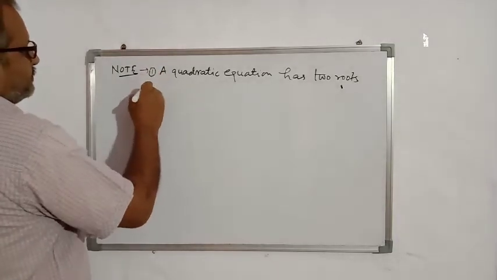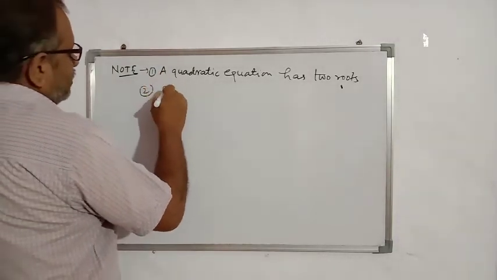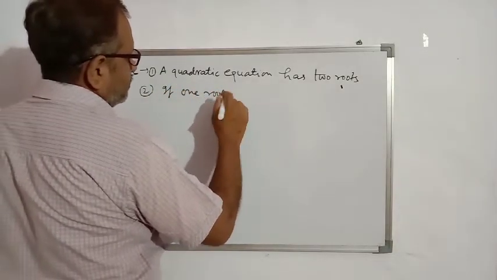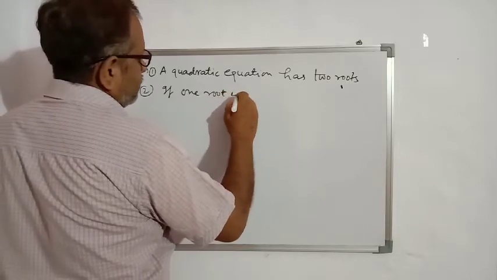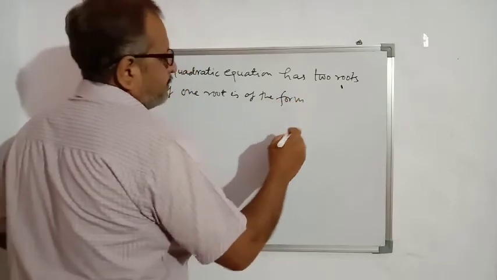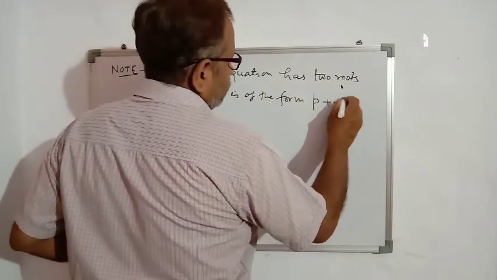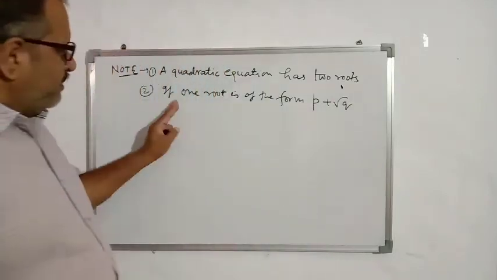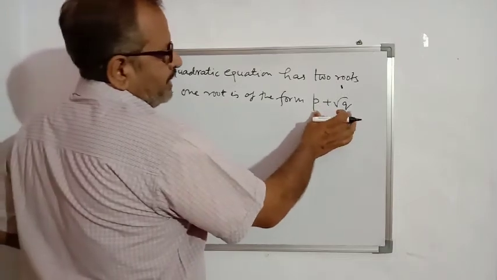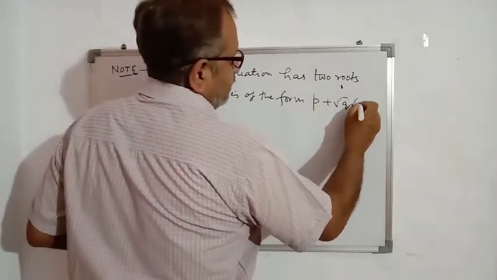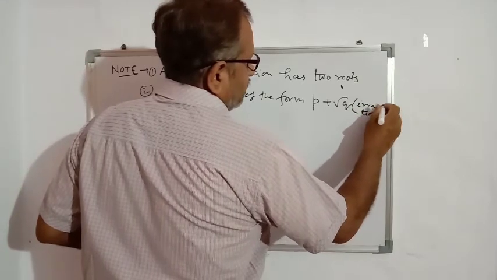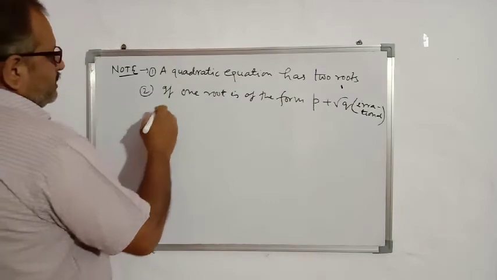Second, if one root is of the form p plus root q, p plus root q is an irrational number, means irrational. If one root is irrational, then